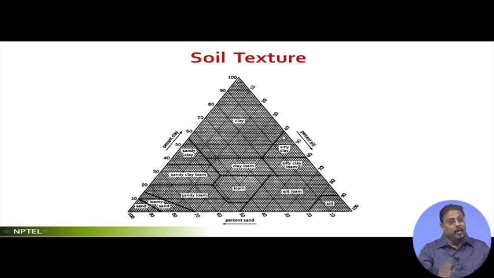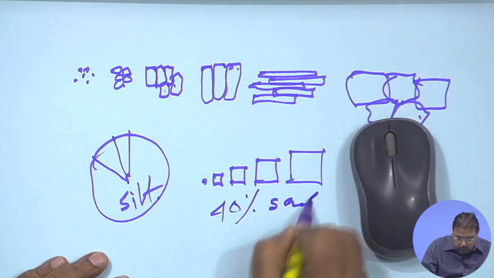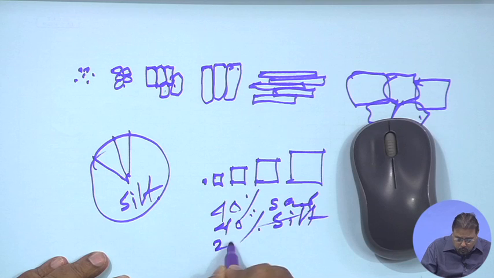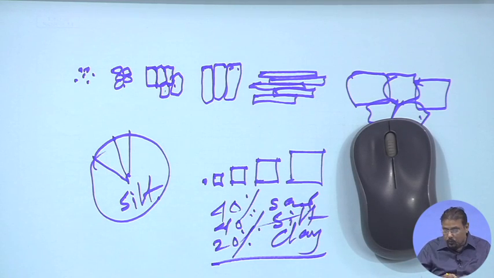Any of these extremes, like silt or sand or silt or clay, are not healthy for our vegetative purposes, neither for strength purposes. We require a good mix. Look at this. Let me take this particular point where my cursor is. What is the value of proportion? It's 40% of the sand. Come from here, 40% of the silt, and if it is 40-40, then it is definitely 20% of the clay. That means 40 of sand, 40 of silt and 20 of clay is considered one of the best possible combinations of the mix in the texture,